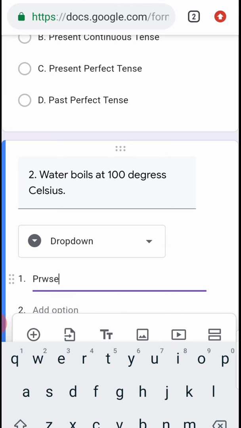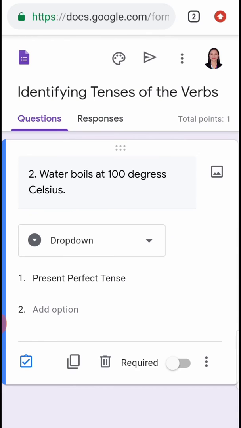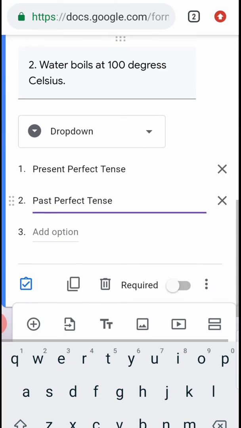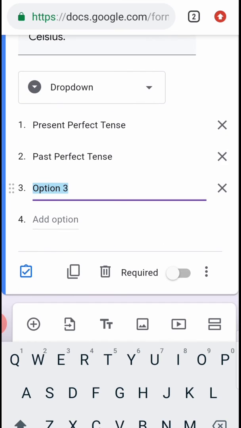Present, is it present perfect tense? Present perfect tense. Number 2, past perfect tense. Number 3,